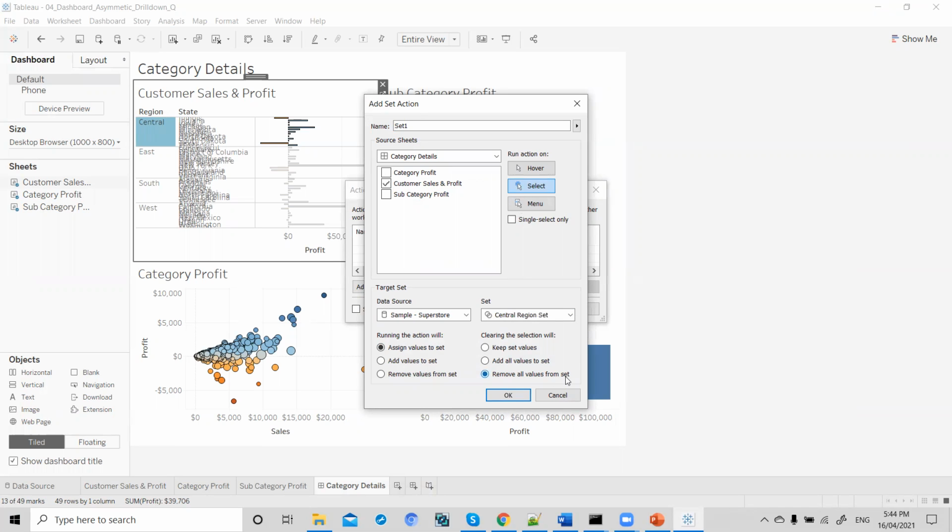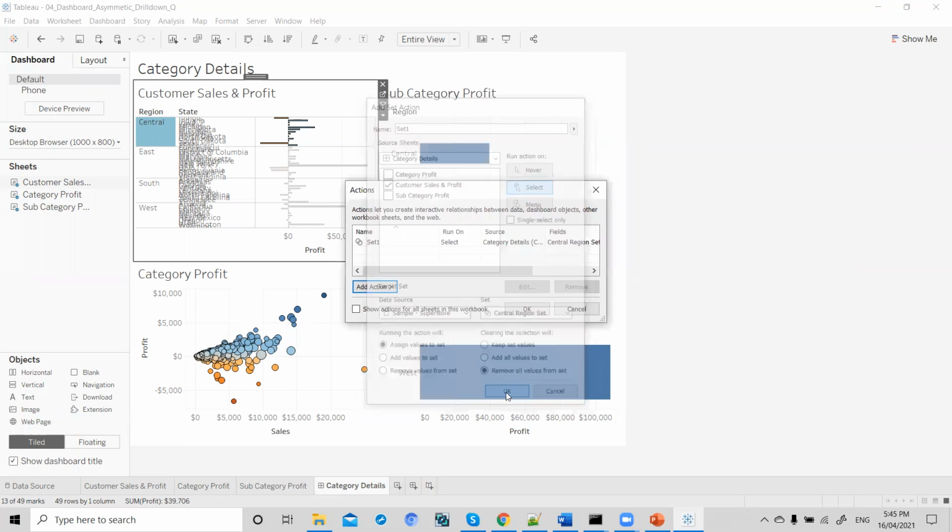Why we didn't choose all of these three, like category profit and subcategory profit as well? I'll get back to you on that, Jawari. So if we choose remove all values from set and click OK,